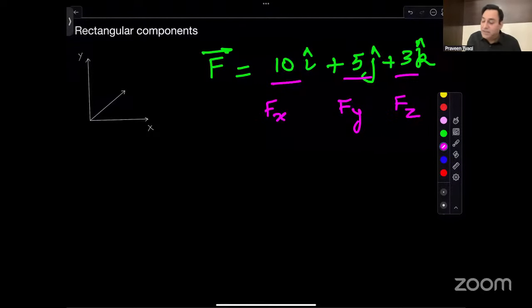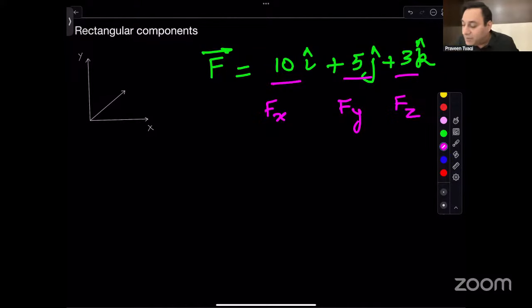If I want to find the magnitude of this force,